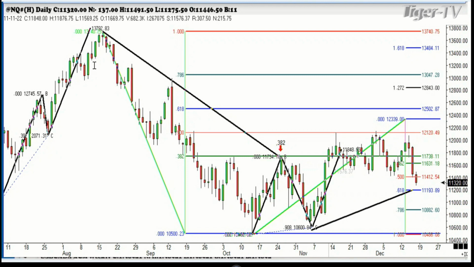Now, we're in the holiday spirit, so we're overdue for a rally. So what we want to do is, we're already short from a very high level. I would look to add any positions that make a 382 ABCD correction into that. And I'll be doing that on the videos that we're able to get out immediately. Now, I hit a button and you get them just as fast as I do. So there's no delay. You can see where it is. We know what our stops are. So we want to be adding to the position in the short S&P.